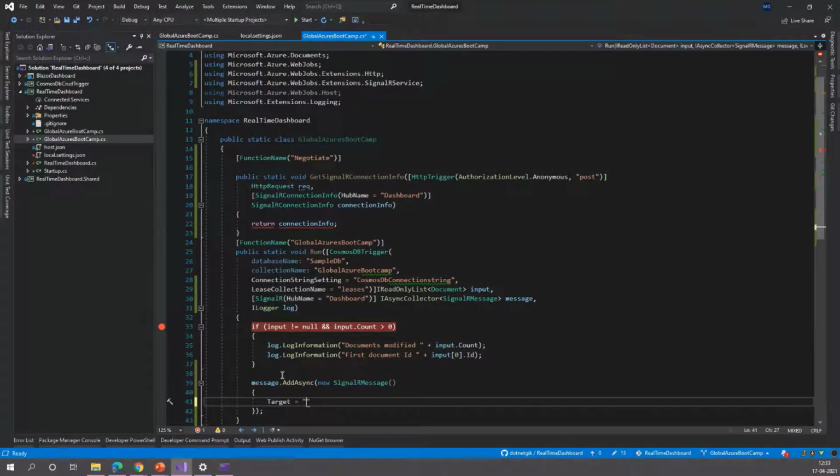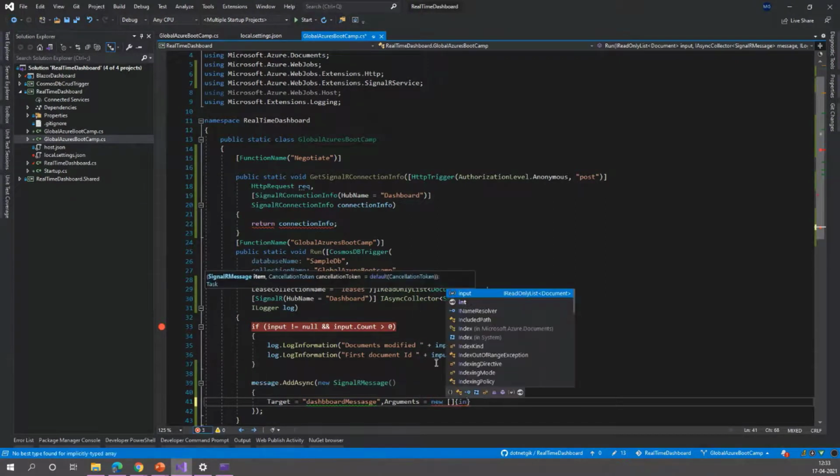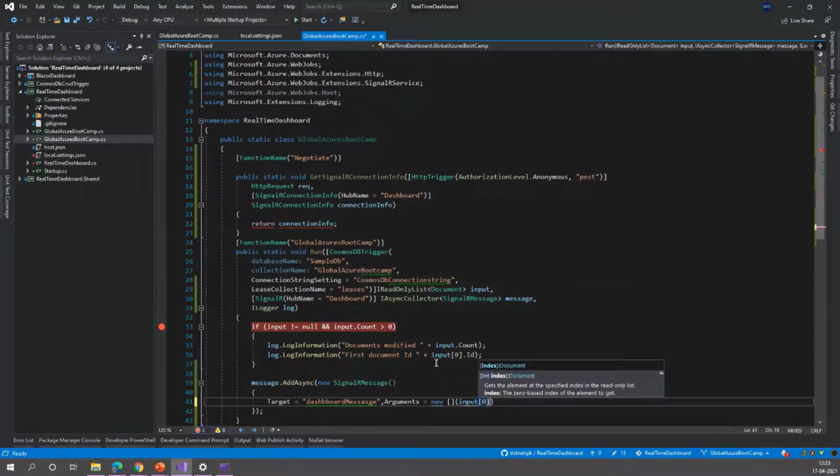This target is the method which is present on our client side. So this can be a message, and next are the documents, that is, what data we need to provide. So we just say root of 0.id.